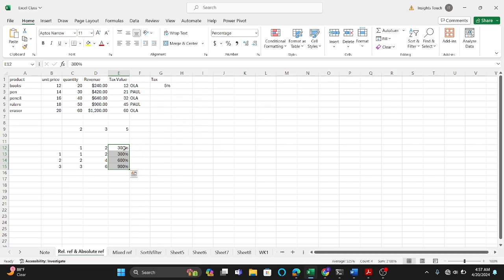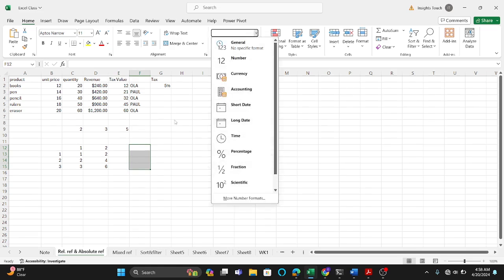Now, for percentage, you just have to divide this one by 100, because percentage is supposed to be like this. So let me just click on this, divide by 100, and get my percentage. Because 0.3 is actually 3%, and 3% is 9%. So that's how to convert to percentage. And the other one we can also do is